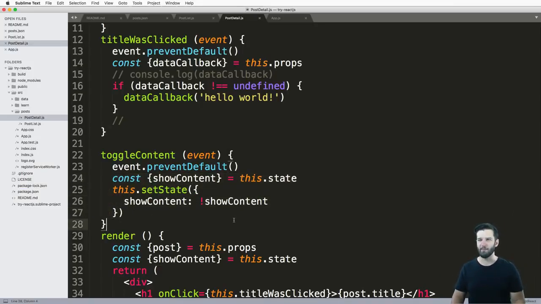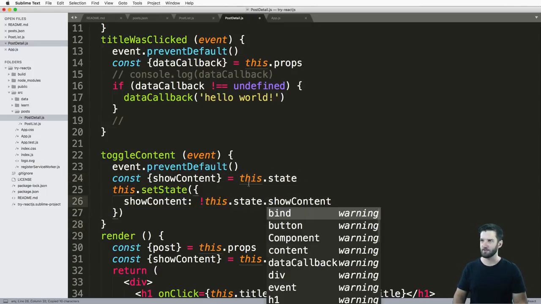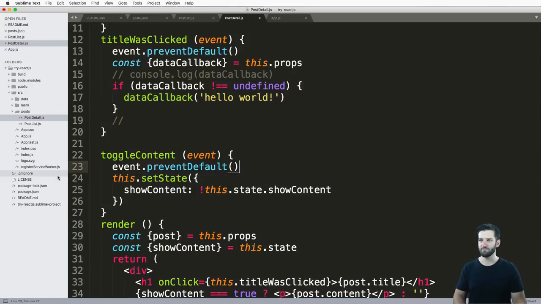This is actually writing more code than you really need. So that's why I left it as this.state.show content, right? It's a lot cleaner, but it's important to know that those things work. So that's how you toggle content using state, or toggle anything really using state. And hopefully you can now stop and play around with how you make changes to state. We still have another video